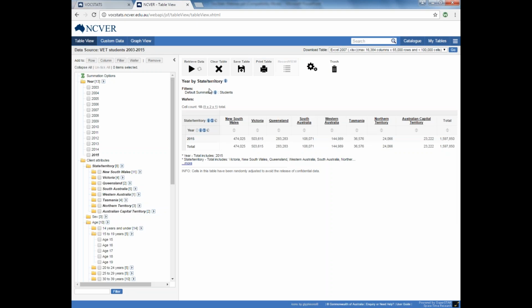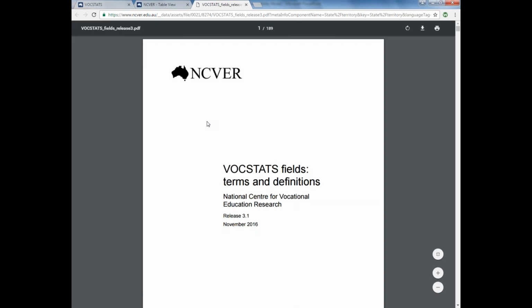To the right of each of those column field labels, you see there are three icons there: I, a sum and a C. That I icon is an information icon, so if Martin just clicks on that, that'll then open another tab with the VOCSTATS Terms and Definitions document. This document contains all the fields that are in VOCSTATS, the databases they can be found in, some general information